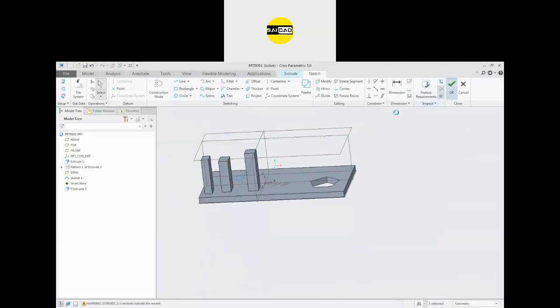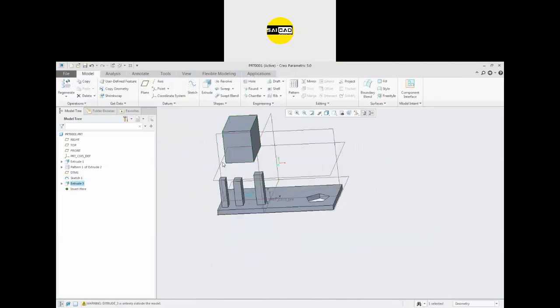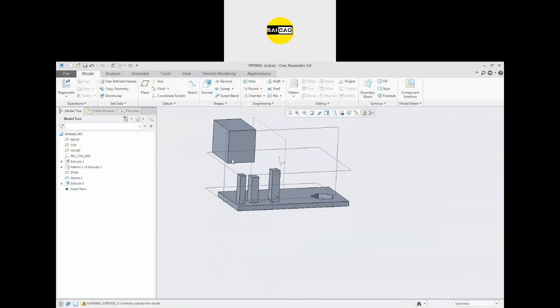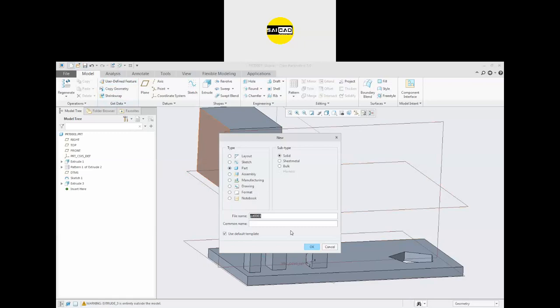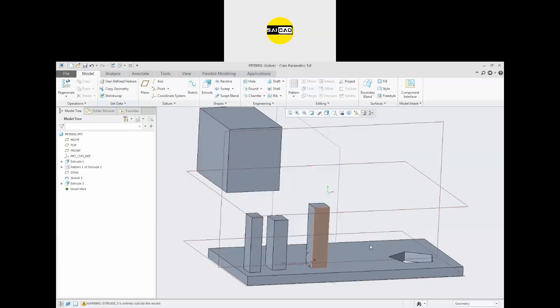It is a separate body. Fusion 360 is a different option, different approach. That software has merged everything. Assembly and part are in the same module. Here in Creo you have different modules. Part here, assembly here. In Fusion everything is created in a single sheet. Okay.